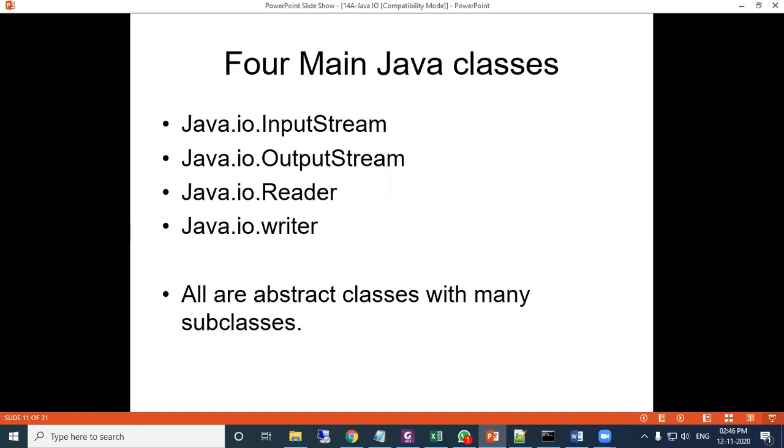From these, several subclasses are inherited. From those subclasses, we will create the objects and we can access them. And in those subclasses, the methods are defined.